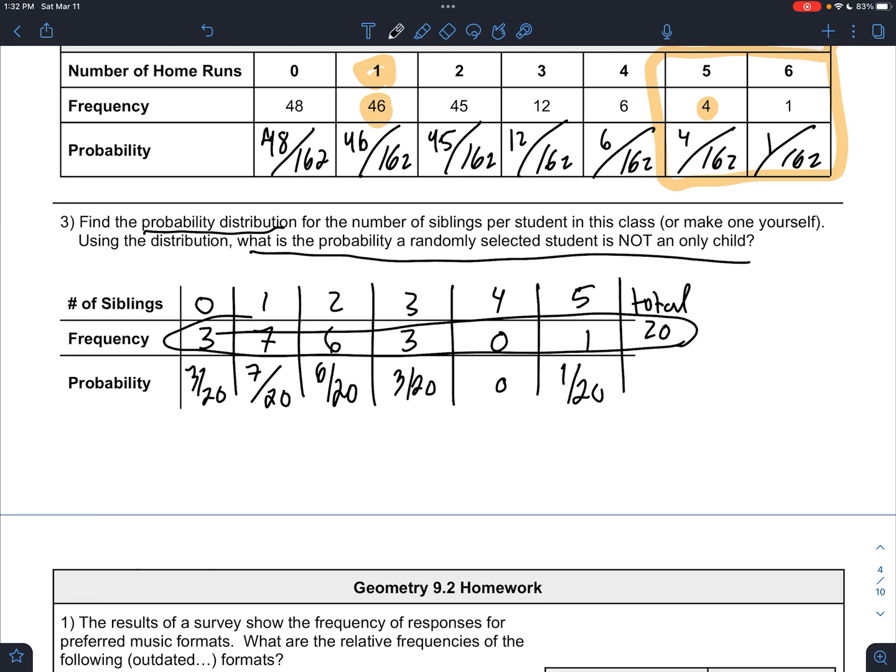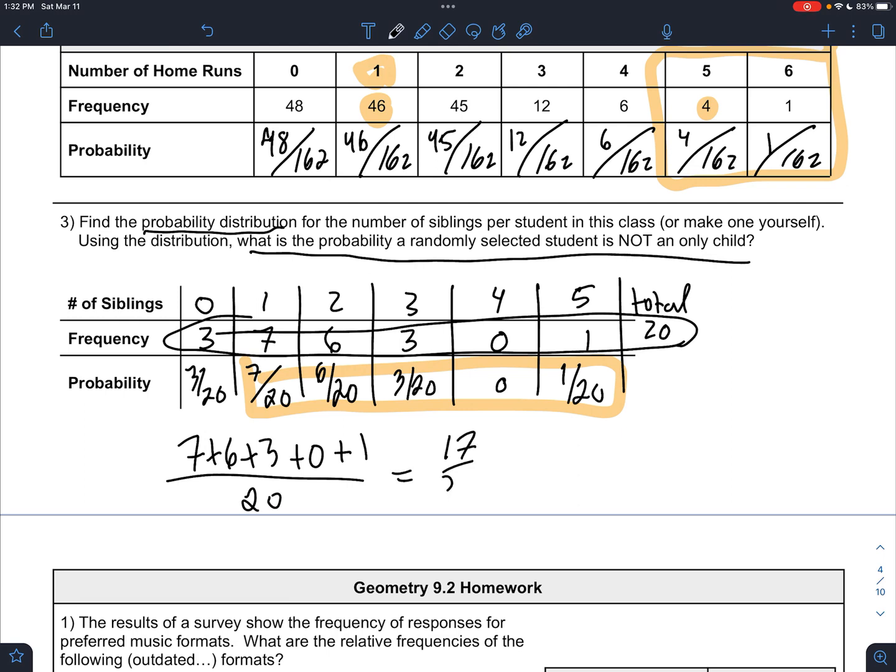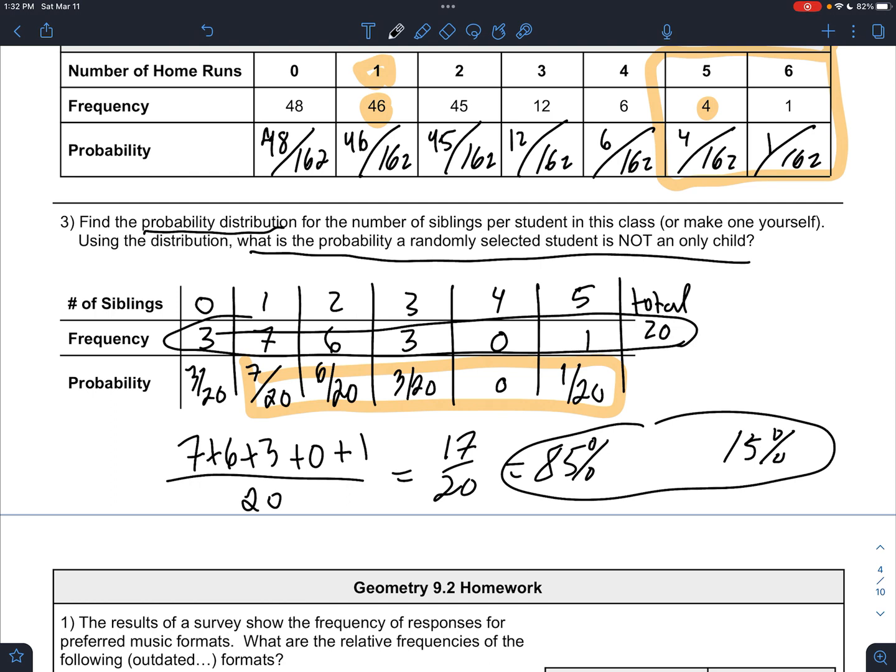Okay. And then finally, what's the probability that a randomly selected student is not an only child? Well, that would be anyone that falls in this category. So we would do 7 plus 6 plus 3 plus 0 plus 1 over 20, which is 17 over 20, which is about 85%. 85% chance you just randomly pick someone and they're not an only child. But there's a 15% chance